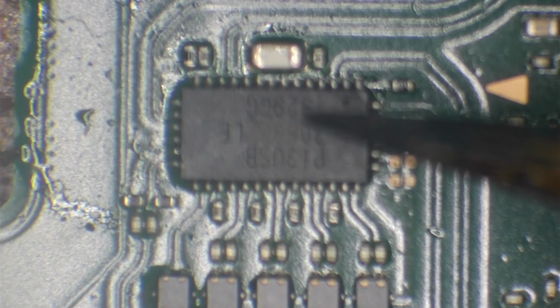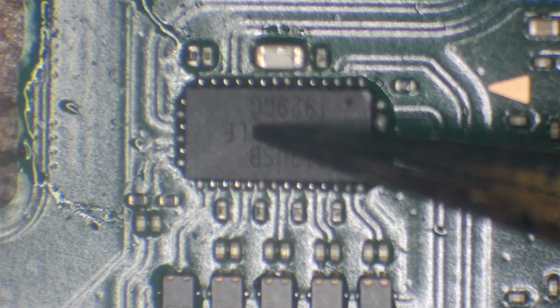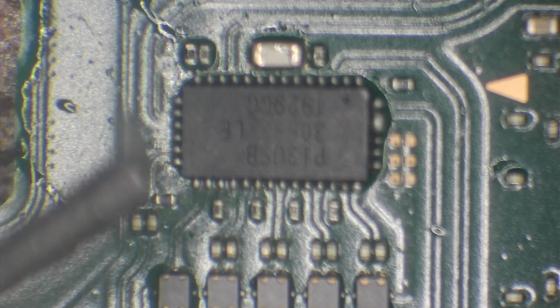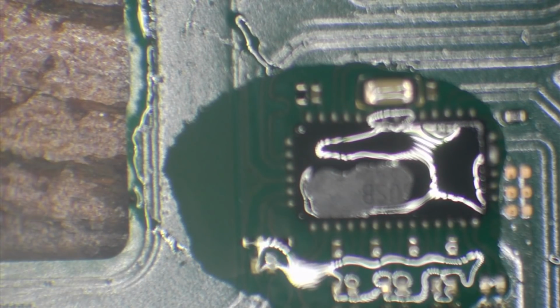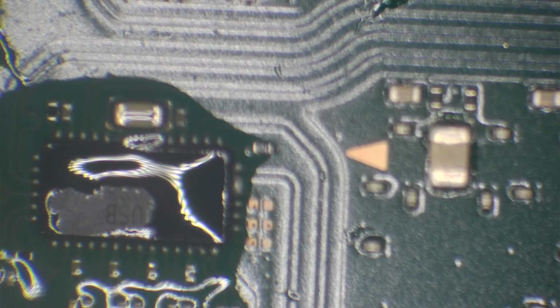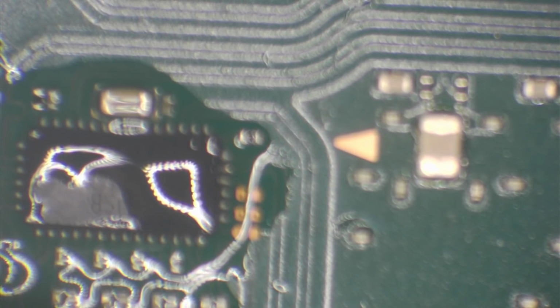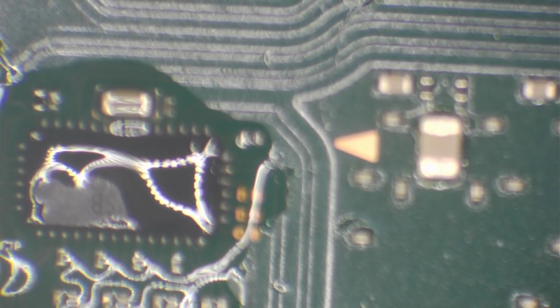Now I'm going to let the chip flow itself into place. There we go. Press and hold. Perfect. Get a touch more flux there. And there we go. So just touch up that one pin there,